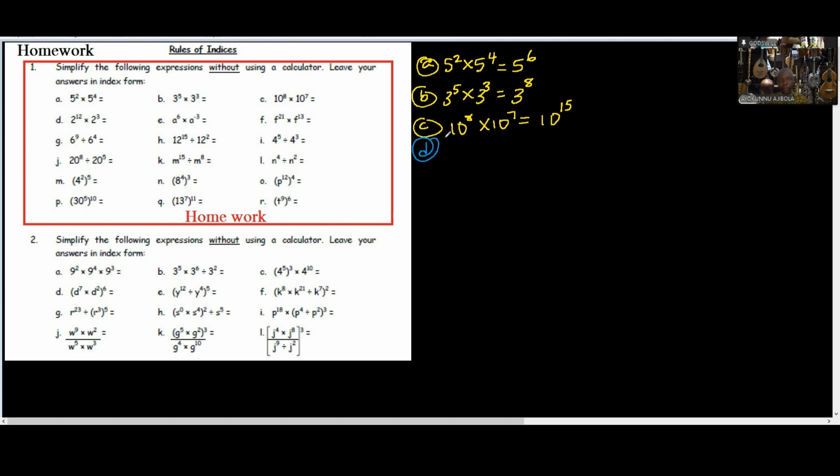Then the fourth one, we have 2 raised to the power 12 times 2 raised to the power 3. Since they're both 2, I have 2 raised to the power, 12 plus 3, that is 15. The fifth option,